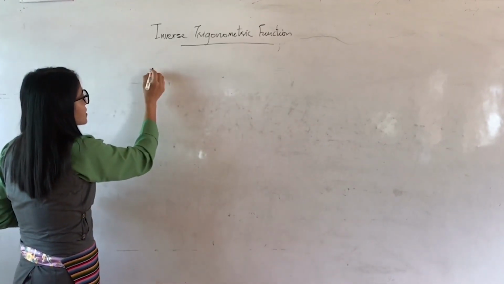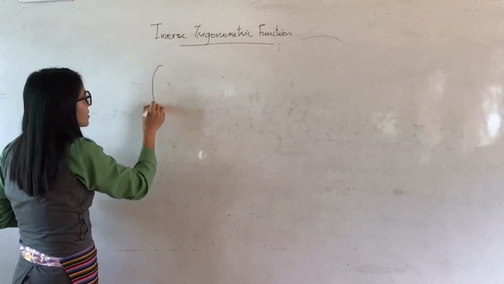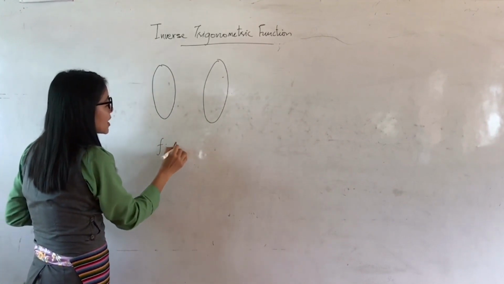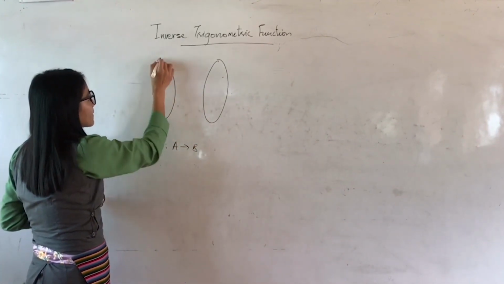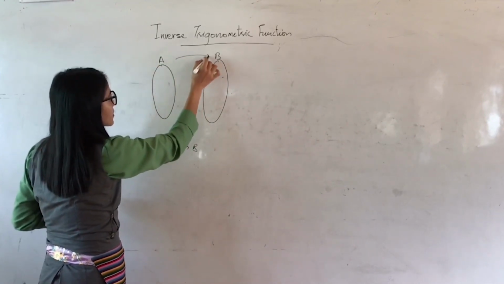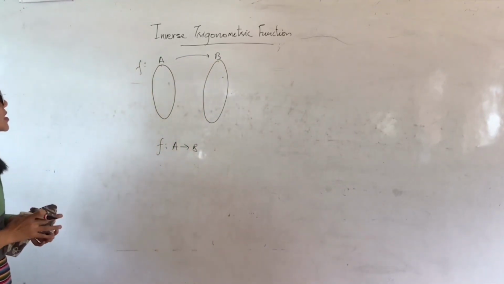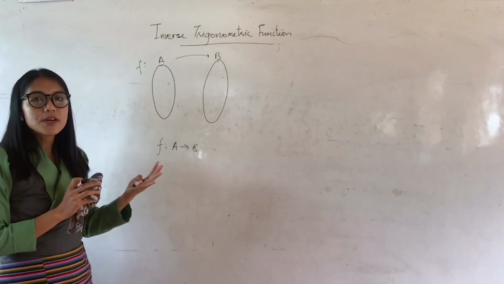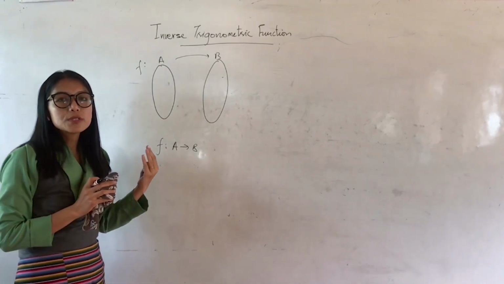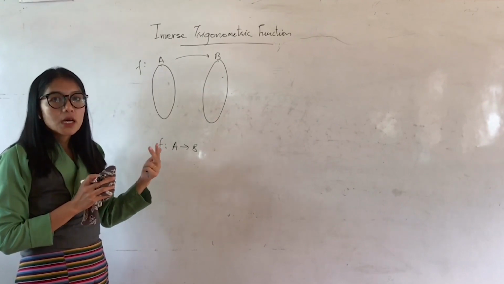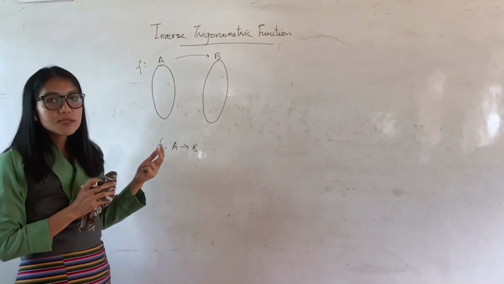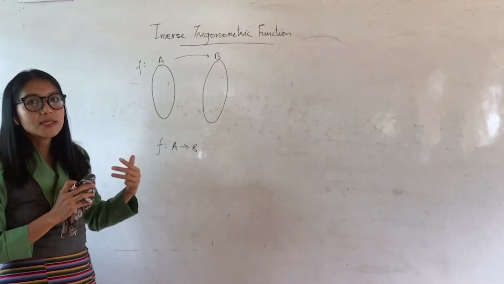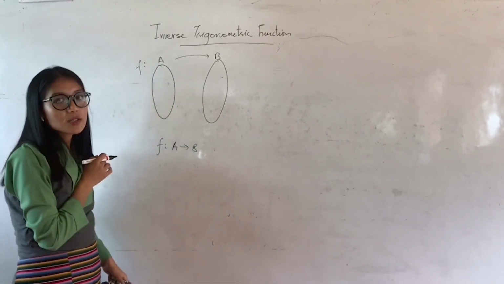Now if I consider my function f, first I will give you one example. Say my function f is from set A to B. Do you remember invertible functions? That is in the first chapter. So those students who have not studied the first chapter, please first get an understanding of the concept of invertible functions to define the inverse function. Inverse trigonometric function: first you need to learn that, then only you will be able to understand this concept.